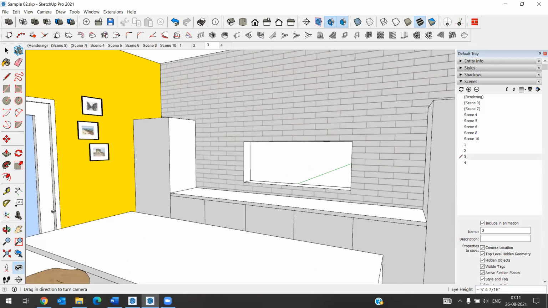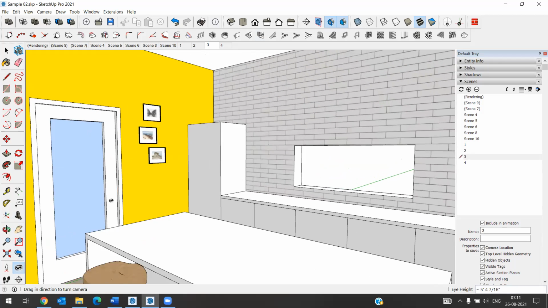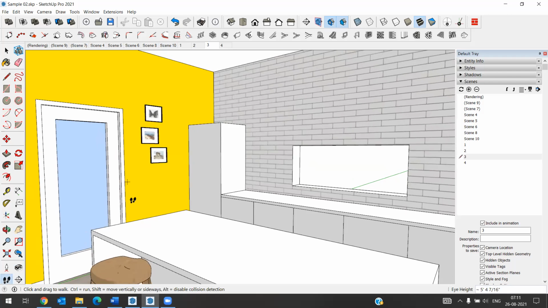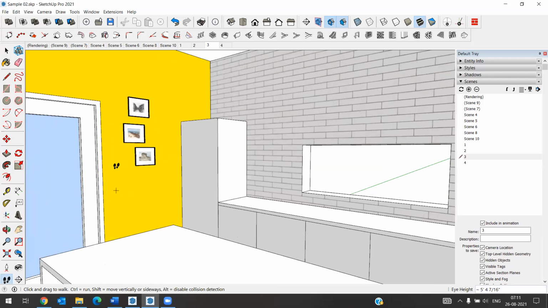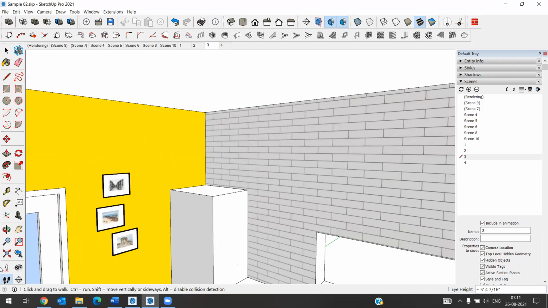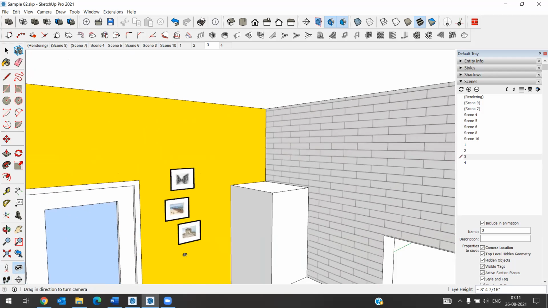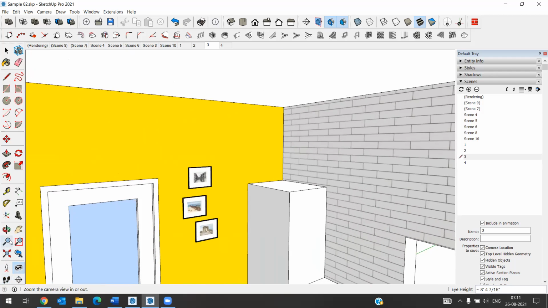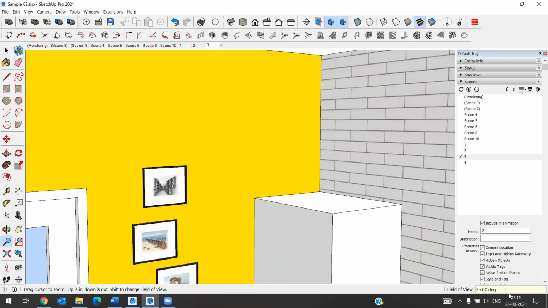I will turn little. I will go little forward. Zooming angle is 25 degrees.